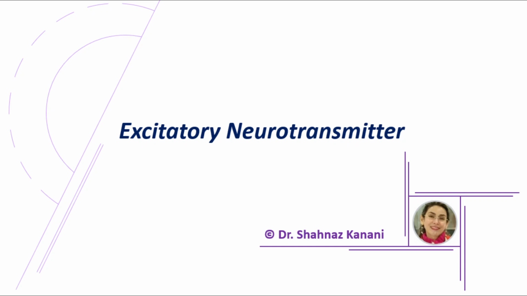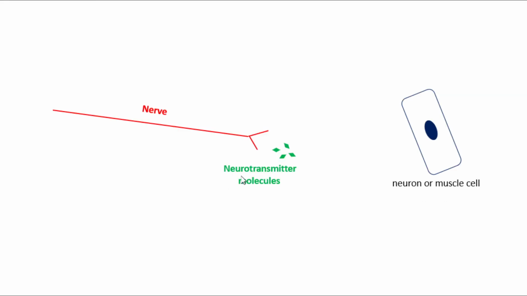In this video, I will explain what an excitatory neurotransmitter is. Neurotransmitter molecules are released from nerves, and after the neurotransmitter molecule is released from the nerve, it diffuses toward the effector cell, the cell that the neurotransmitter is going to impact its function. In this scenario, the effector cell could be a neuron or a muscle cell,